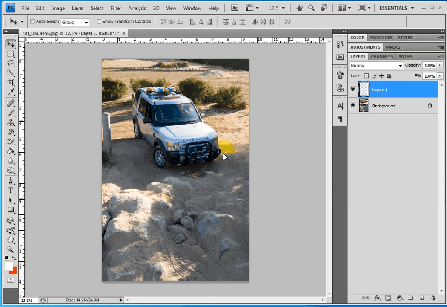Okay, we're still talking about selections, and we're just going to use our rectangle marquee tool to illustrate a few things. In the last video, we just drew a square and filled it with a color. So we're going to make a more complex selection this time, and we're going to still just use the rectangular marquee tool, and we're going to make a few selections just to illustrate the marquee tool,